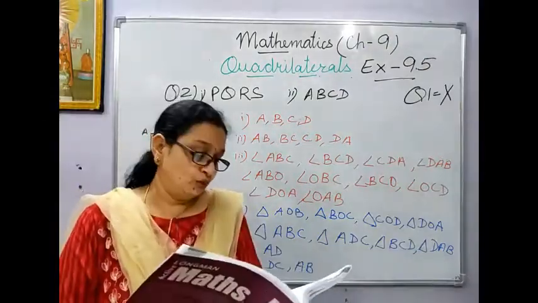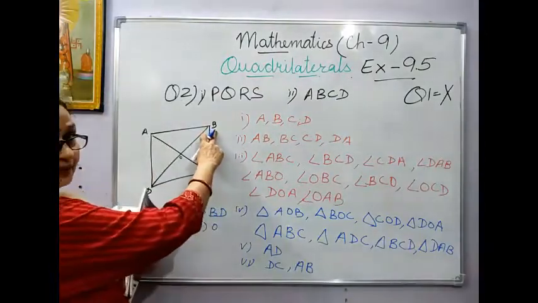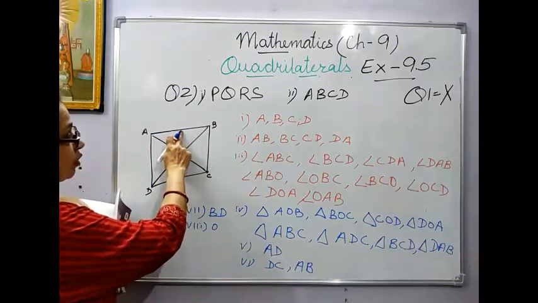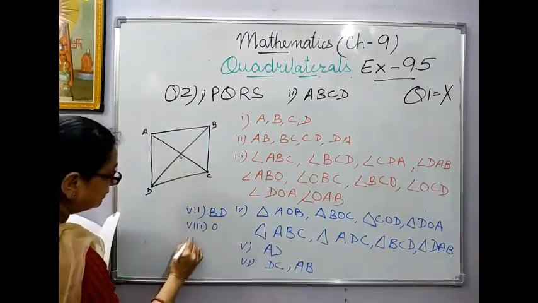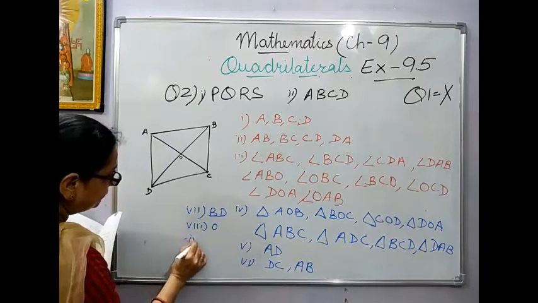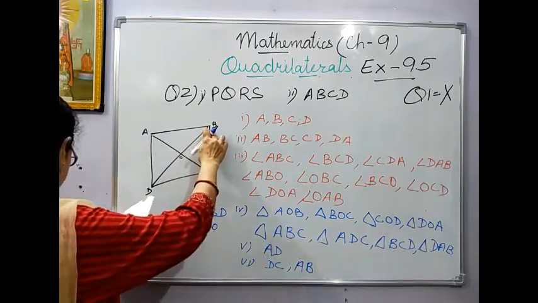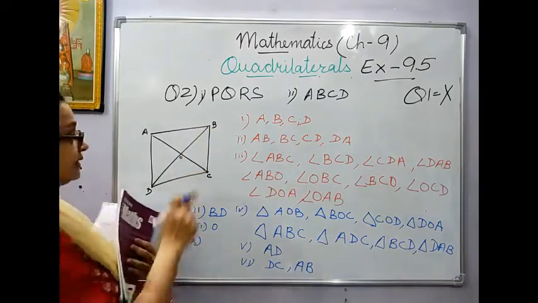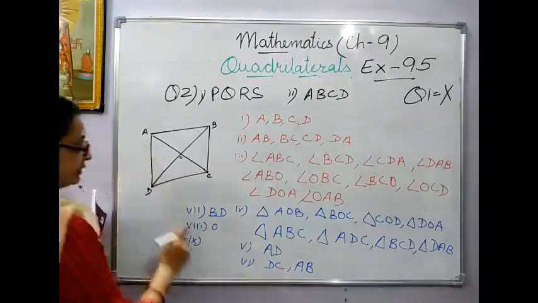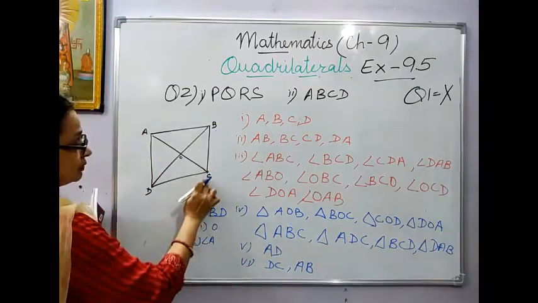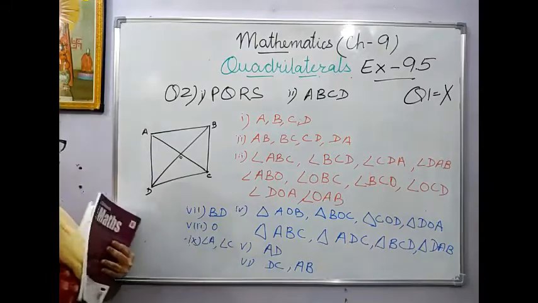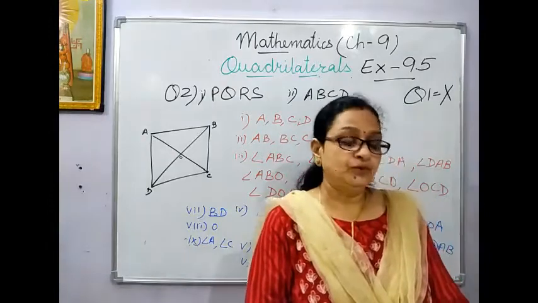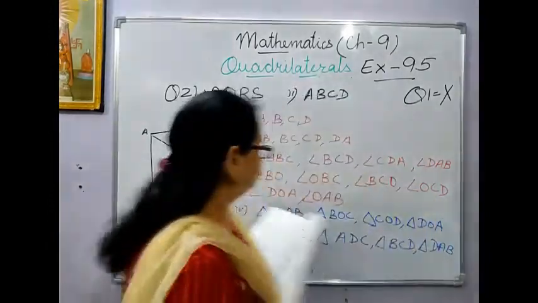Angles adjacent to B. This is B. Now adjacent means which have a common side. So this is common, this is common. So the ninth one is angle adjacent to B. This is angle B. Adjacent means which have the common side. This is the common side, so the adjacent angle is A. This is the common side, so the adjacent angle is C. Okay. Then in the given figure, name the points. You can see in this. Have a look.